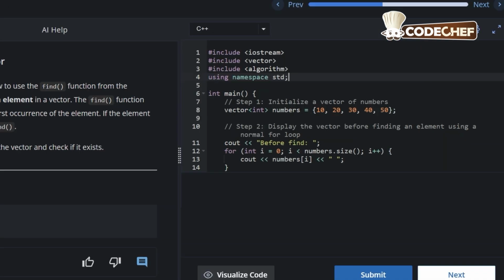Coming to the code, #include <iostream>, #include <vector>, and for this program we are using #include <algorithm> because we want to use the find method which is stored in the algorithm library file. Then using namespace std; int main() {, then vector<int> numbers = {10, 20, 30, 40, 50};